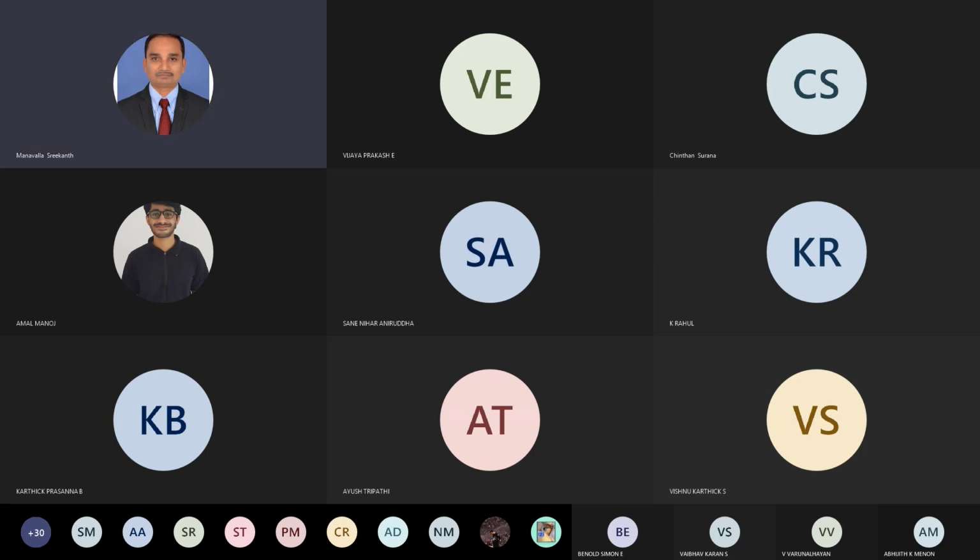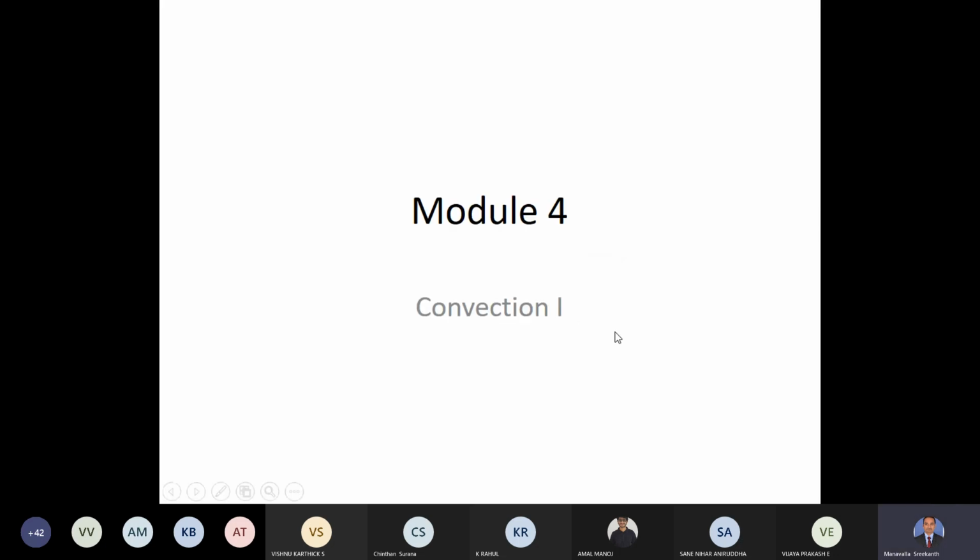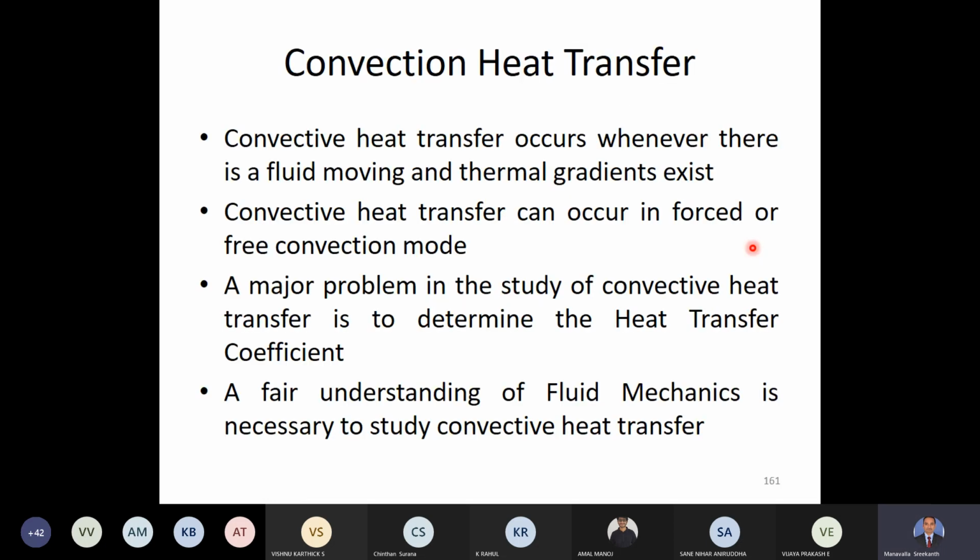Now this is called convection 1, which involves forced convection. Module number 5 is convection part 2, which deals with natural convection. So the equations that we are going to see in forced convection and natural convection will be different. All right. Convection heat transfer, some of these concepts you are familiar with, but we shall go through